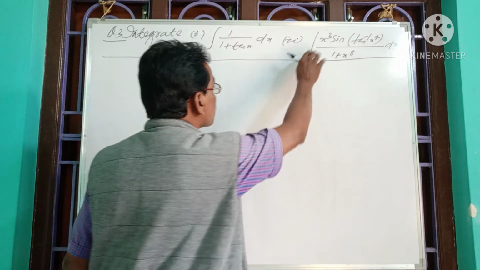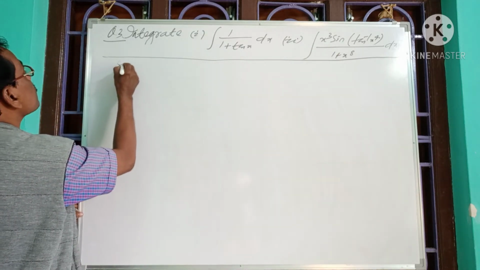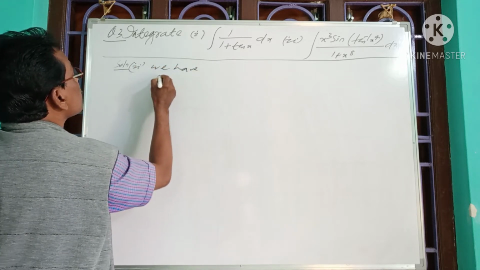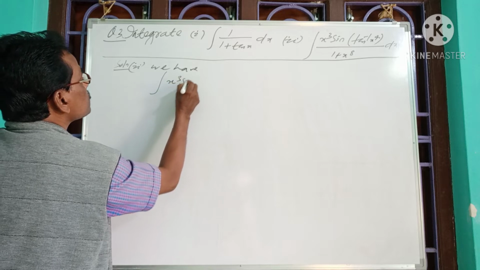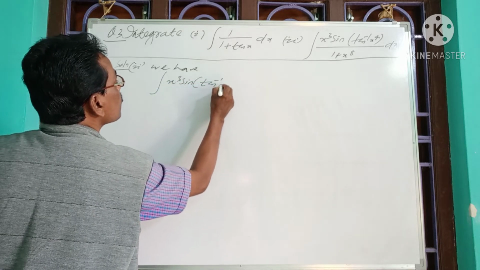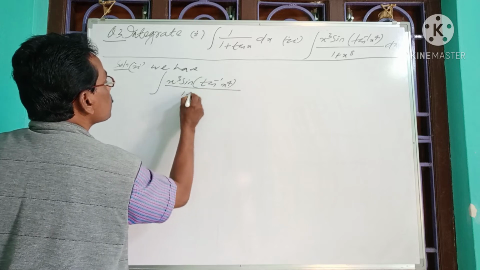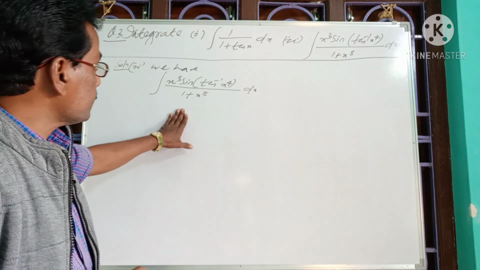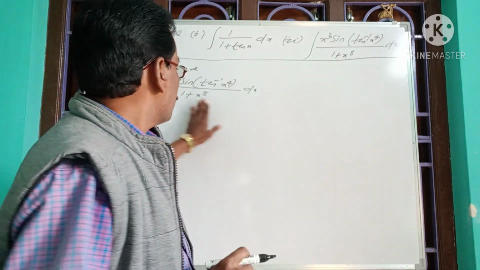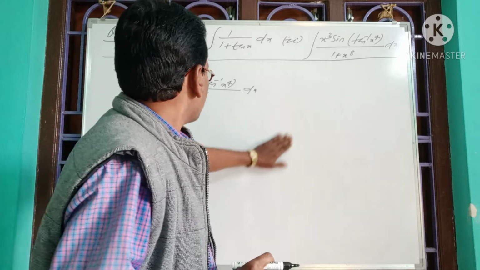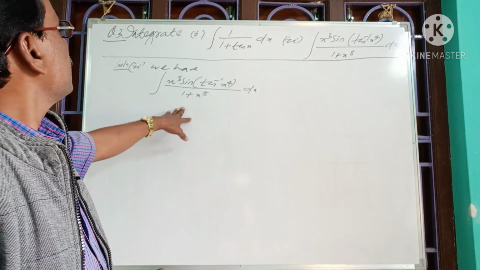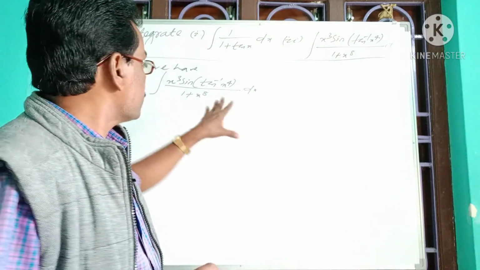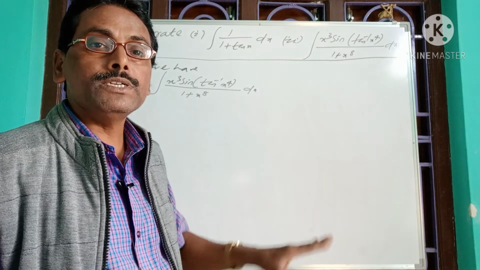Now let us try to solve the second one, that is, we have integration of x cube into sine of tan inverse of x to the power 4 by 1 plus x to the power 8 with respect to x. Here see the integrand is in the form of a rational function which is not in standard form for integration, where the integrand contains trigonometric function, inverse trigonometric function and algebraic function, so which is in complex form. So we have to try to transform it into formula form so that it will be easily integrable.